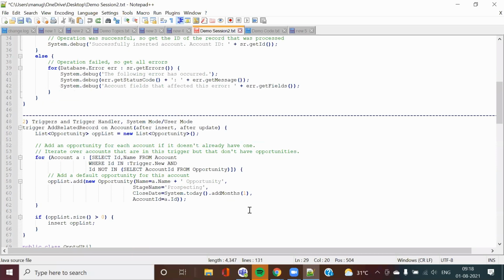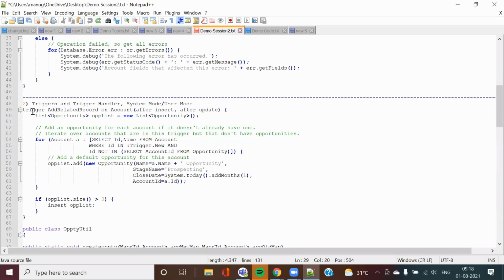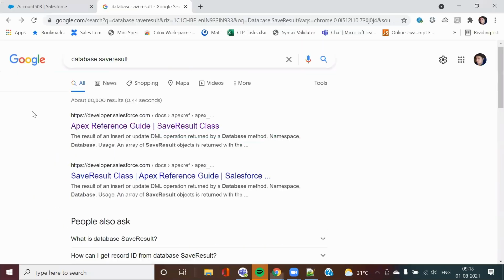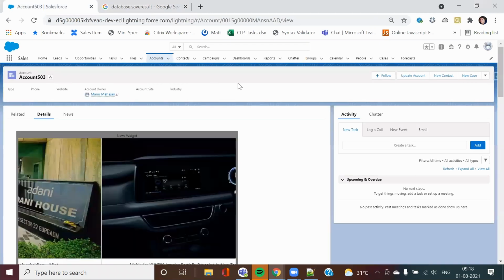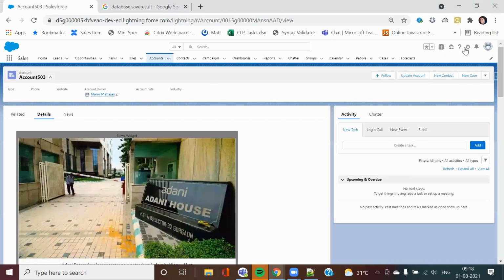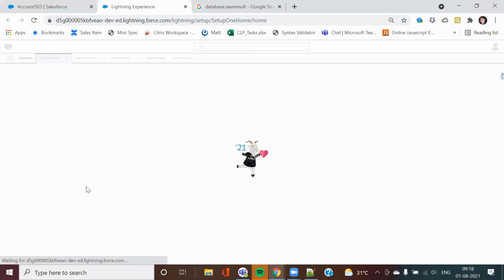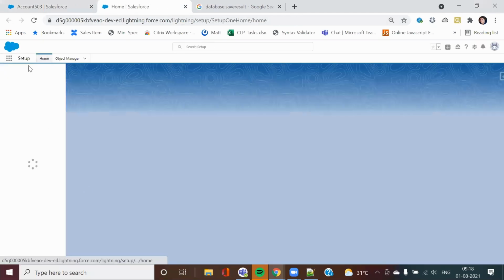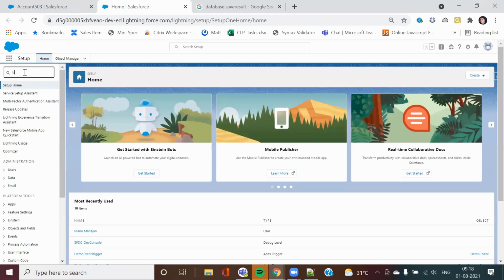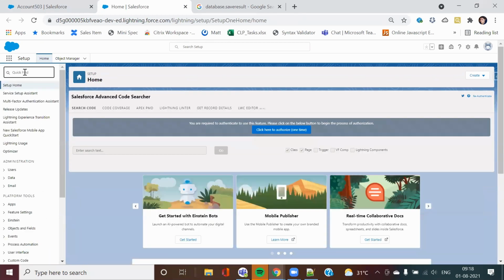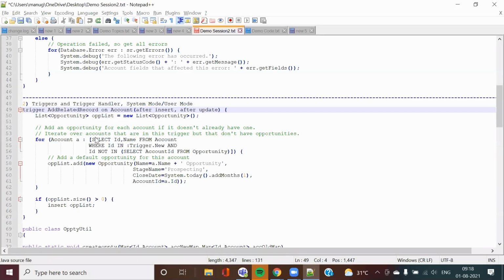Now I will show you this sample code I have, and how the trigger is being written. There are 2 ways you can write triggers. One of the ways is you just go to that object. Currently, this trigger that I have is on account.